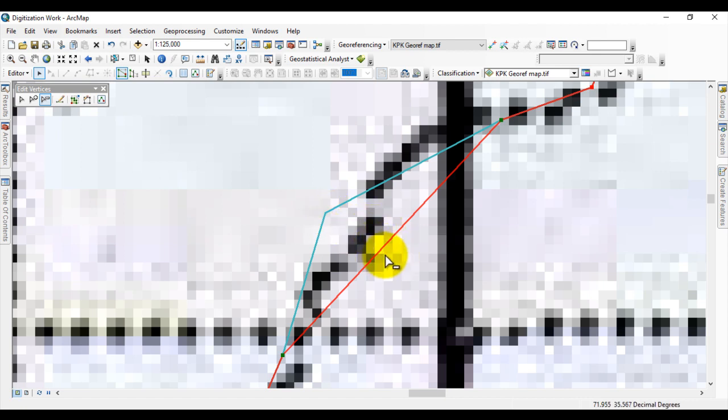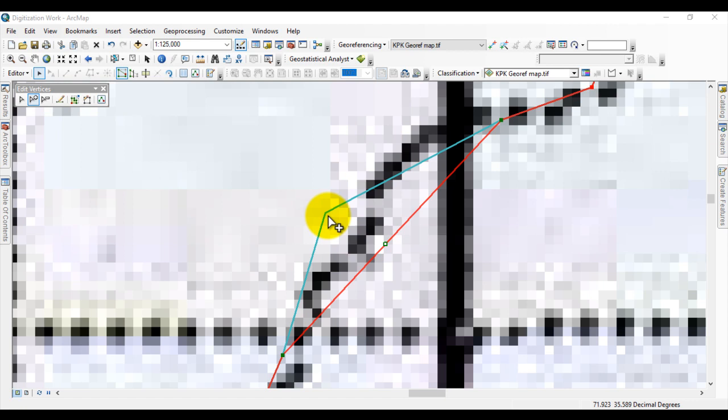So when you want to add the vertex to the segment again, then just pick the Add Vertex tool and click on the segment, and the vertex will be added to the segment. Now listen carefully. Initially the vertex was here, which was deleted by me. Now when I added the vertex again to that segment, it cannot come back to its original place.